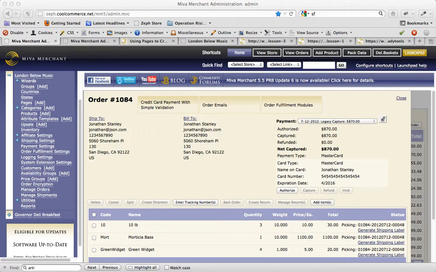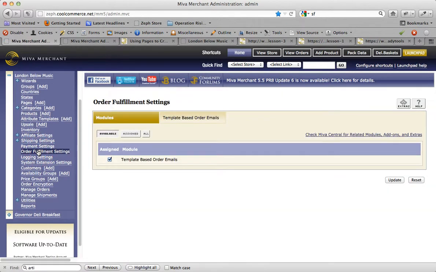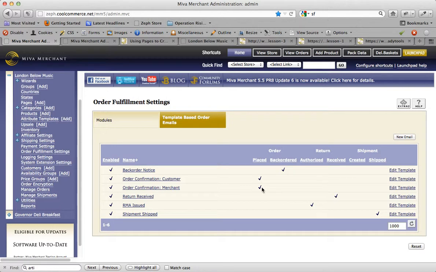Amy points out, when you change all the orders, won't the customer get a change notice email? And yes, that's correct, but you can disable that for when you're making large changes to get current. You can go into order fulfillment and your template-based order emails. Now, remember, this is where you go to configure how and when to auto send these emails. So you can actually go into